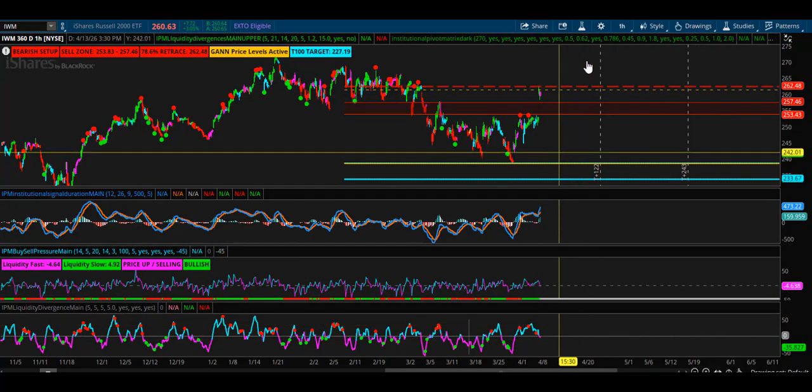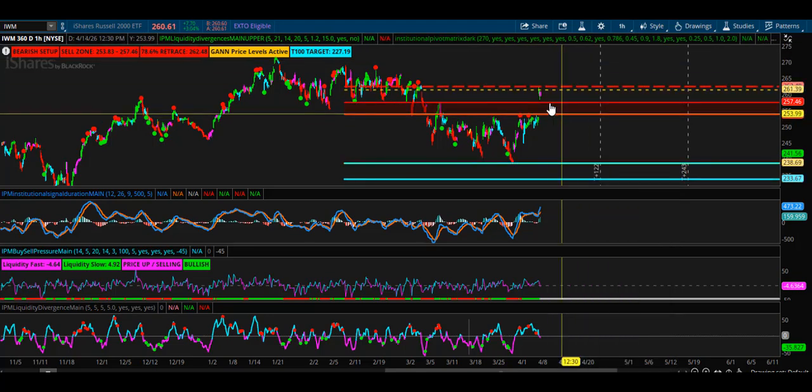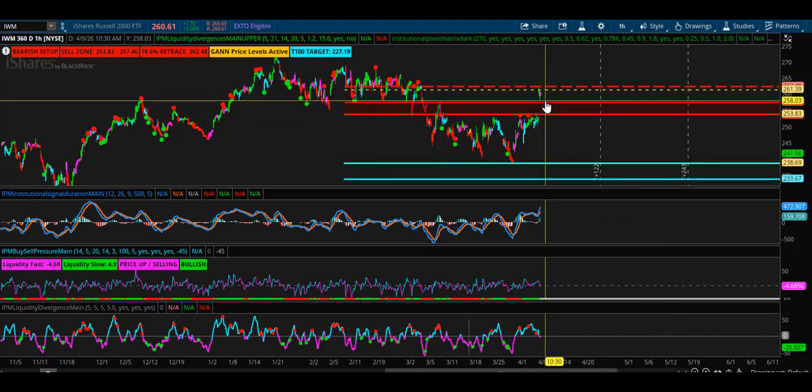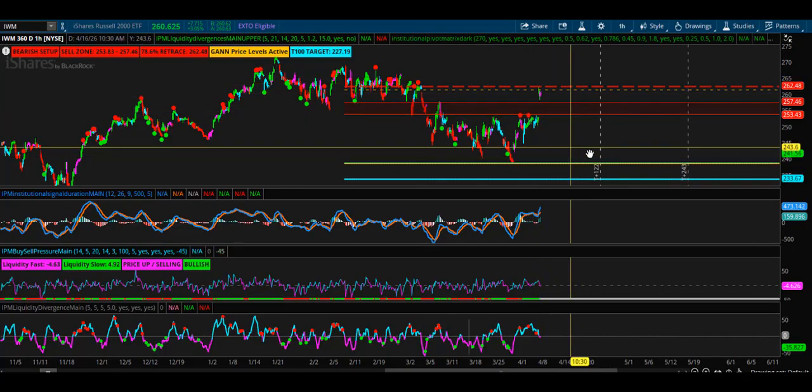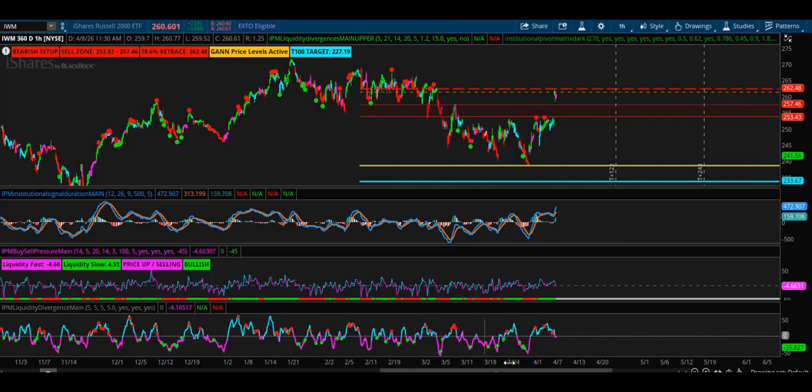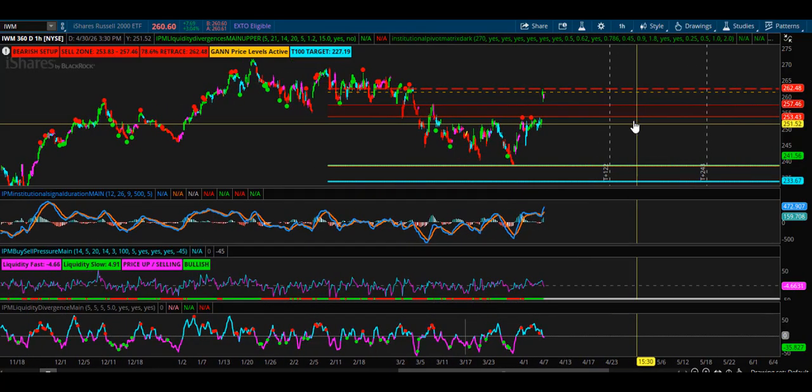So that's given us an idea that at some point we're coming down and we're going to test this, the 253.63 and close this gap. And it may be sooner than we think. We'll have to see. There's a lot of momentum going for the bulls right now because of